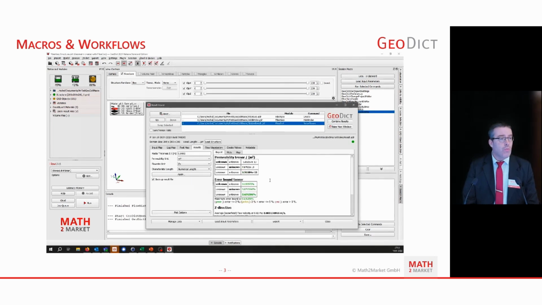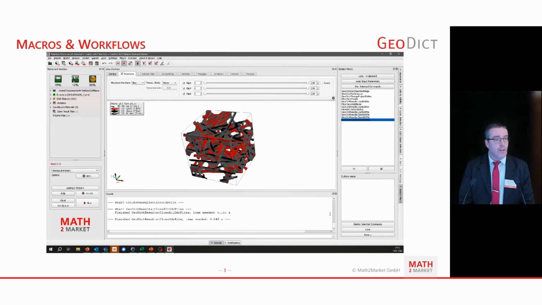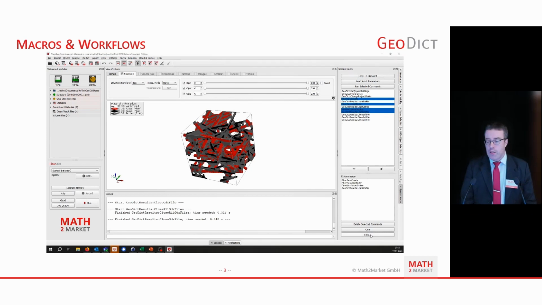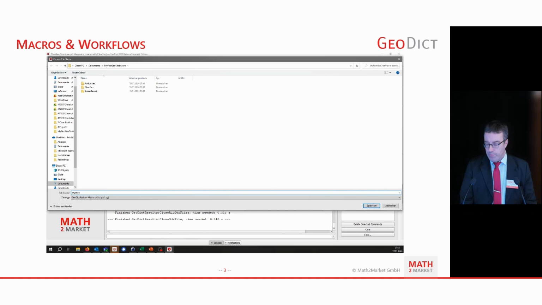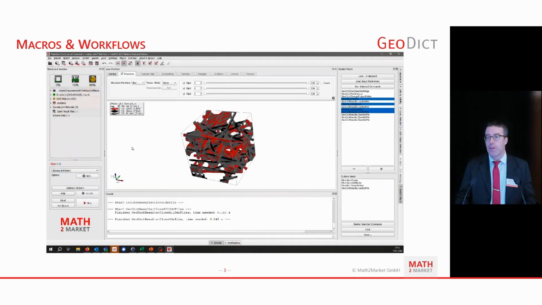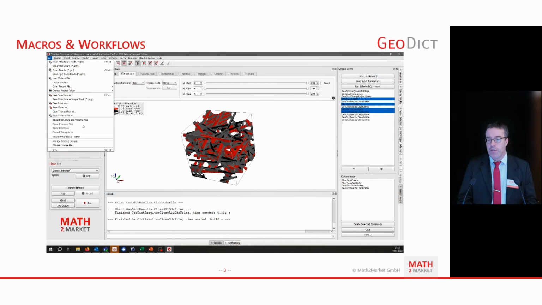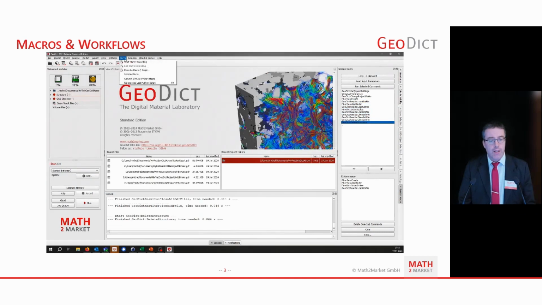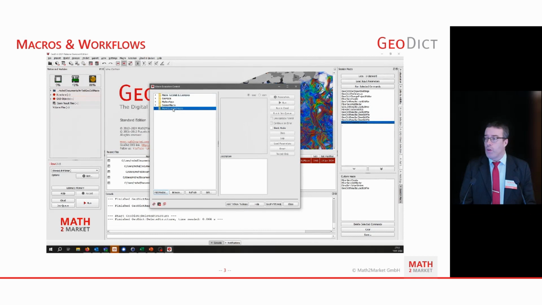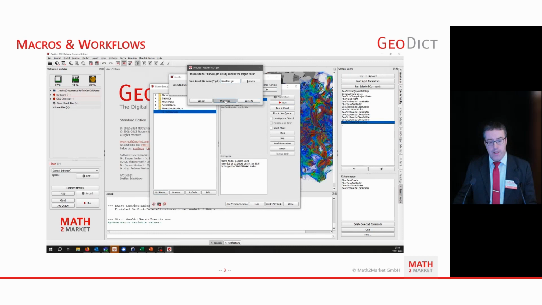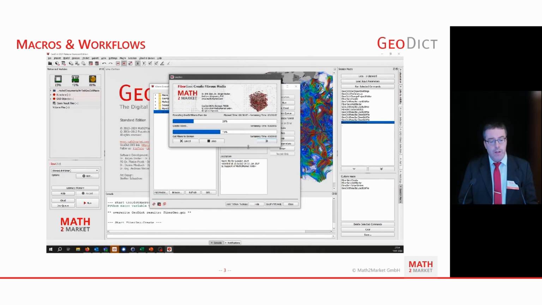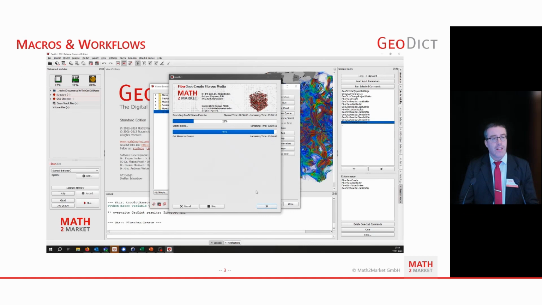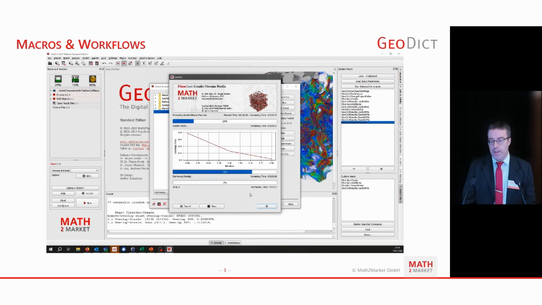We have already stored what we have done. We have recorded it, and that without the first steps into the scripting world, without doing any scripting yet. We are just storing the macro and having the script of what you have done. You have already documented that. So the first thing here in terms of automation is that documenting your workflow can be easily done in GeoDict. And as it's stated here, it will rerun the same parameters, the same commands, and you get exactly the same results out of that.